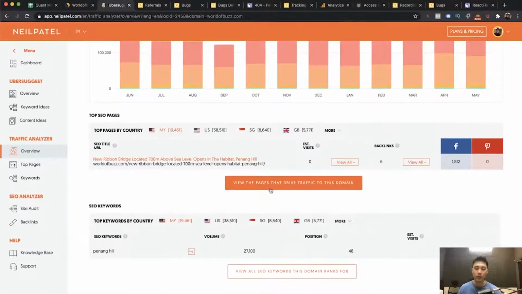So when I view these pages, I can see a list of websites that are driving traffic to World of Buzz. Now, for some reason, the page is not loading on my side, probably because I have too many windows open right now. But try it for yourself. Put in a website and see the top list of domains that are driving traffic towards World of Buzz, for example.